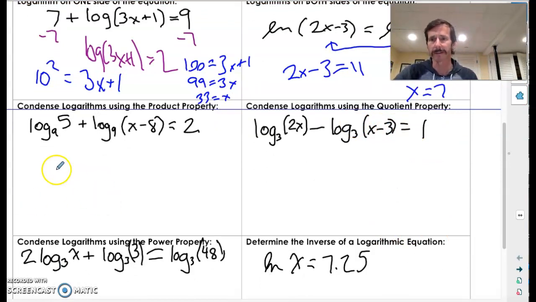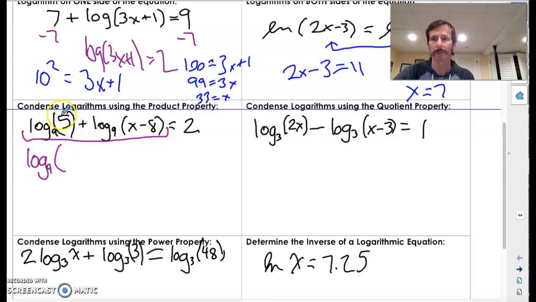All right, now we're going to move into the whole point of us practicing those properties for a day. It allows us to solve these equations a little bit nicer. So on this one, I've got two logs, but they're on the same side of the equation. Up here, the logs are on different sides. That was great. Here, they're on the same side, and this isn't a log. So the first thing I'm going to do is condense these two logs into one log using my properties that we practiced. And I'm adding the two logs so I can rewrite this as a single log, log base 9,